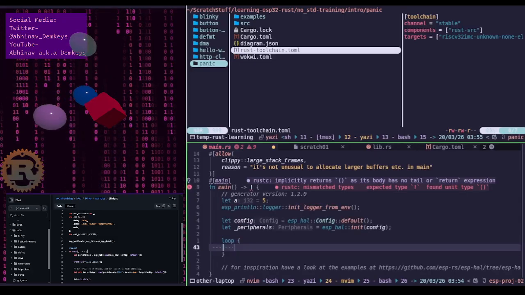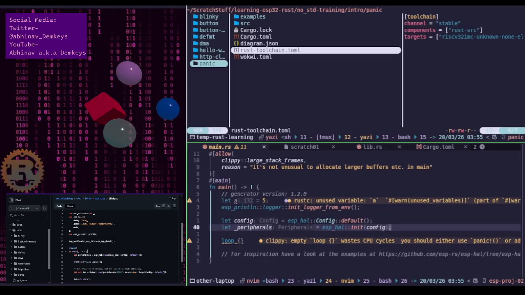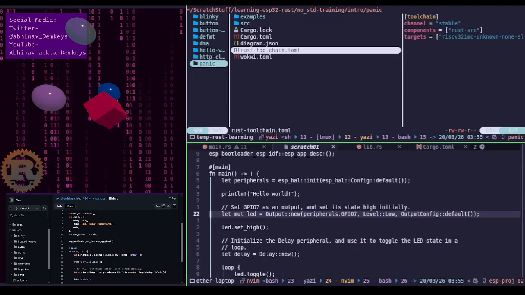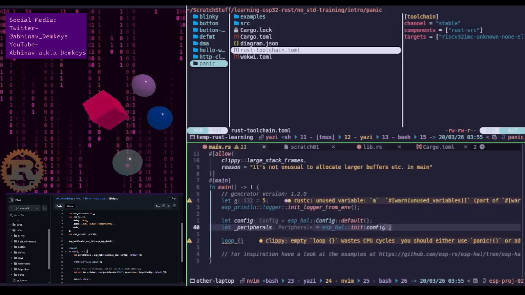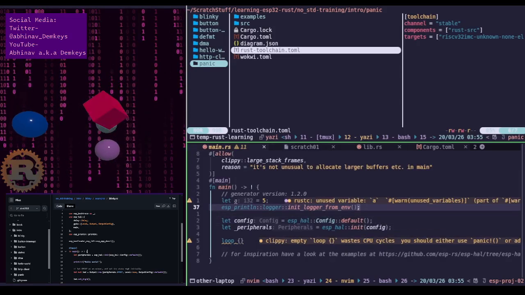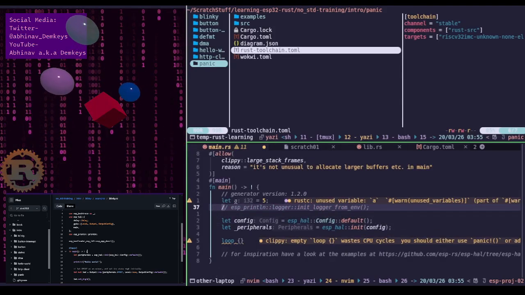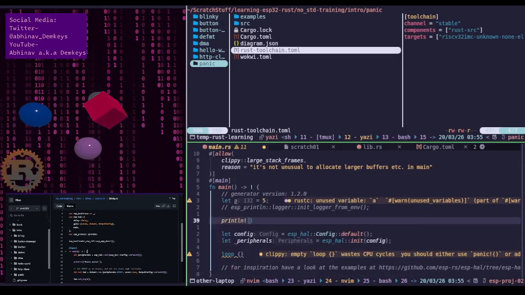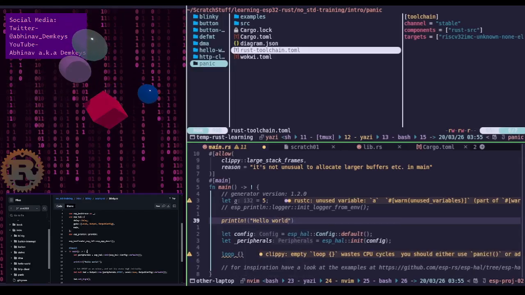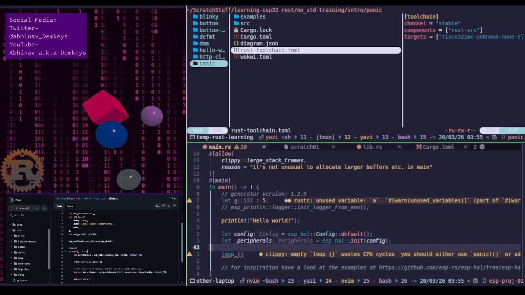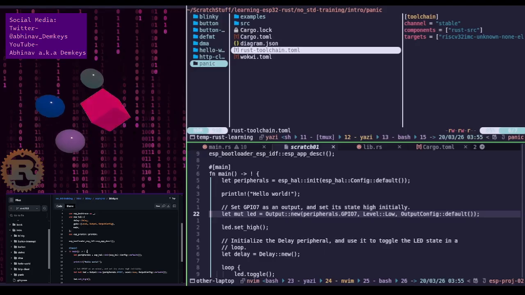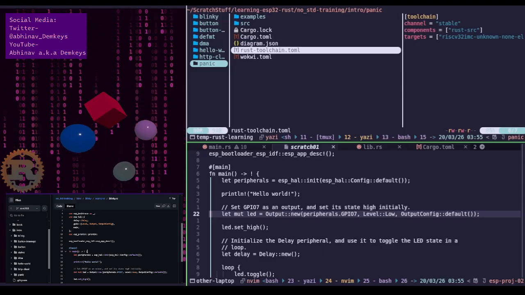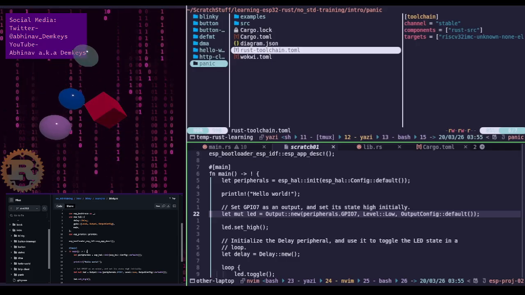All right. Okay. Print line hello world. We can do that. I don't think we need this. We can do print line hello world. That's gonna print to our console. The peripherals variable has been initialized. Then